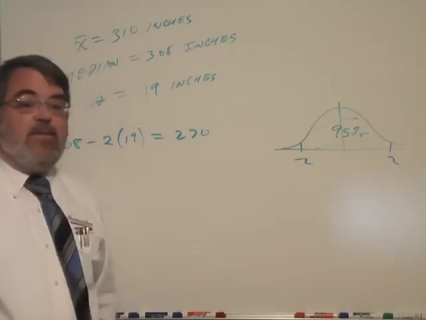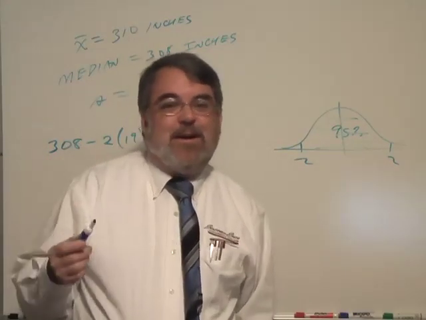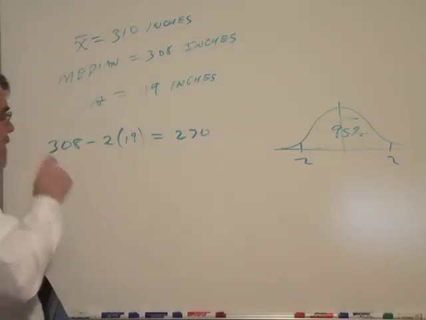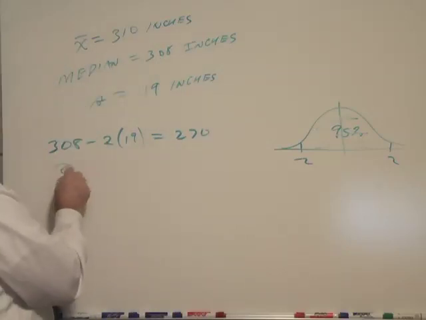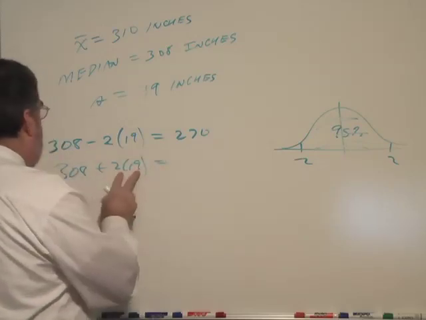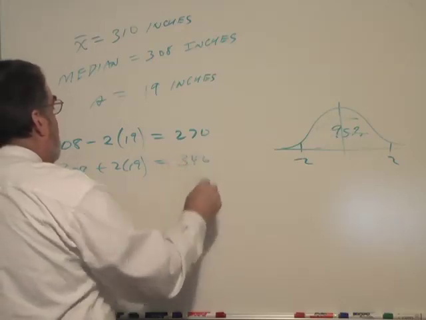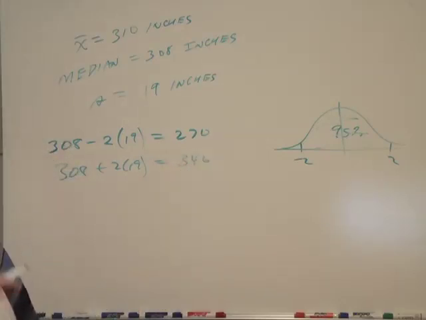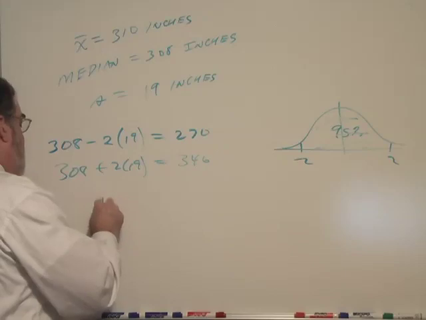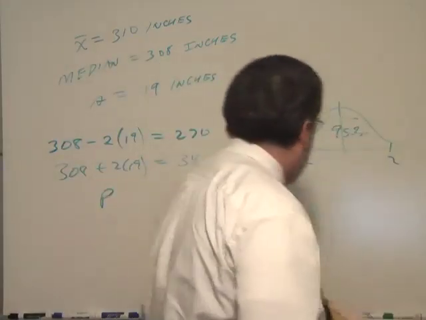And 22.5 feet sounds, I think that's pretty close to what they jumped in 1896. I'd have to look it up, but I think that's probably fairly close. If I add 2 standard deviations, I get 346.38 inches. All right, so we predict, or estimate, let me use the word estimate, we estimate